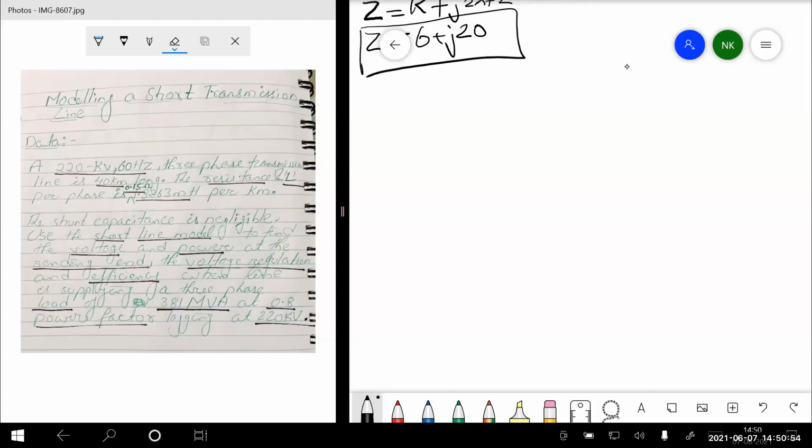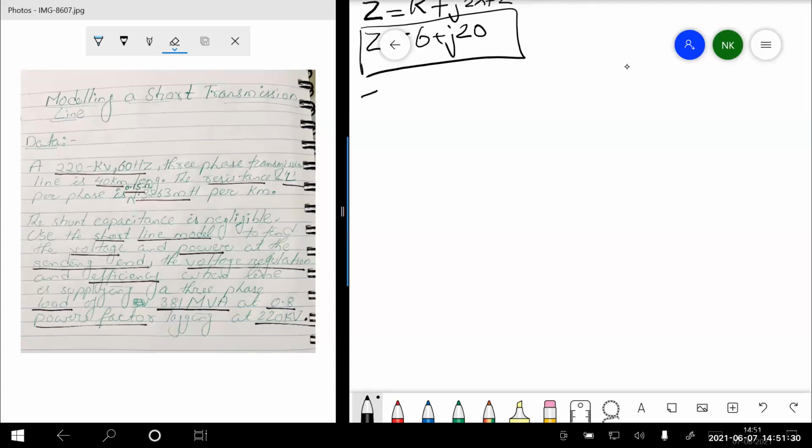Chalo, we'll come back to this. So this part is okay. We got the Z value. This Q value was given, so we got your Z value. Now what we have to find first is the sending end voltage and power at the sending end. So we know some data about the receiving end.